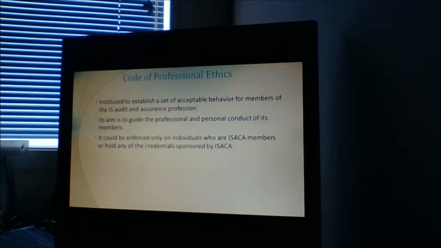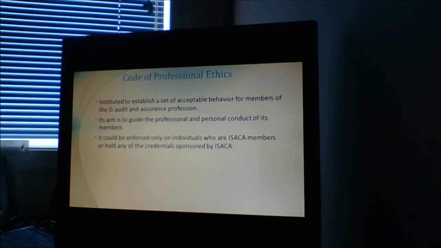This Code of Professional Ethics is applicable to ISACA members only, those who hold any credentials sponsored by ISACA. This code of professional ethics establishes a set of acceptable behaviors for members of the IT audit and assurance profession. The main aim of this code of ethics is to guide the professional conduct of its members.